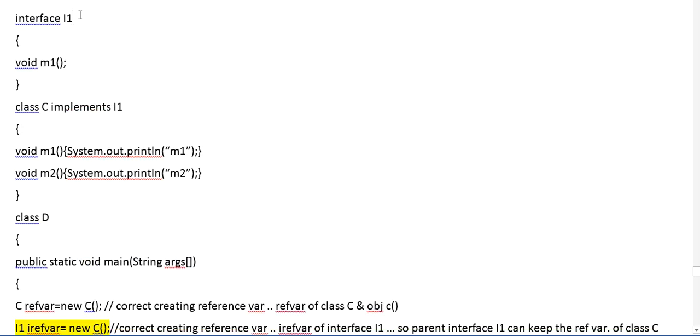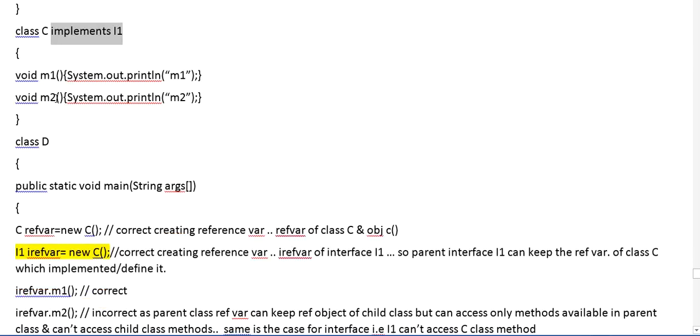m2 is not declared in the parent interface of class C. It has only declared the m1 method. So in the child, that is class C of the interface I1, we are having the m2 method.